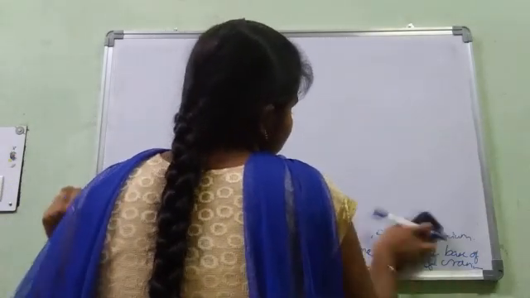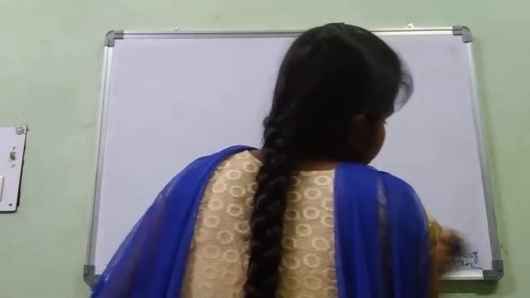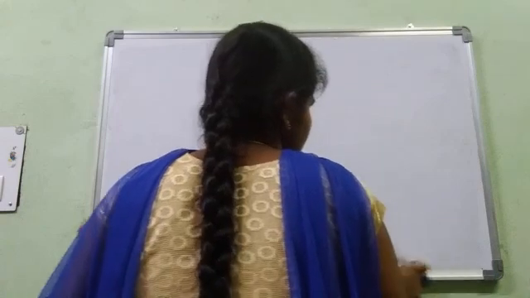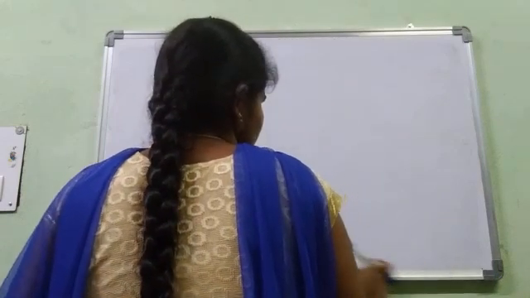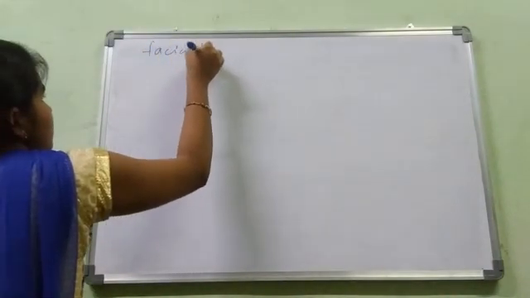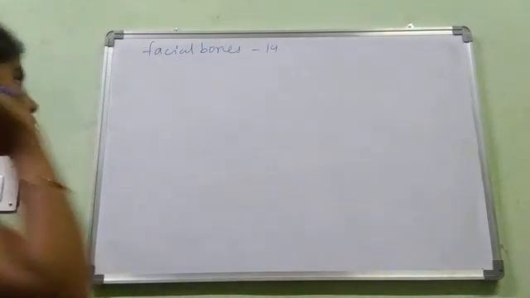Facial bones are 14 in number. Let us discuss them in detail, where they are present. Facial bones are 14 in number. First one,